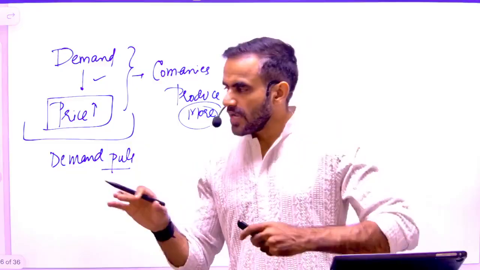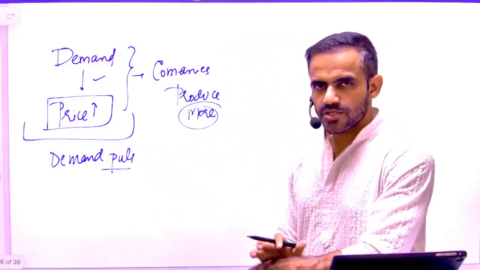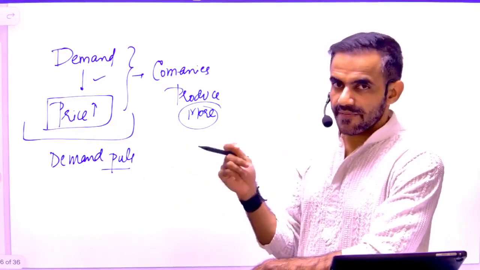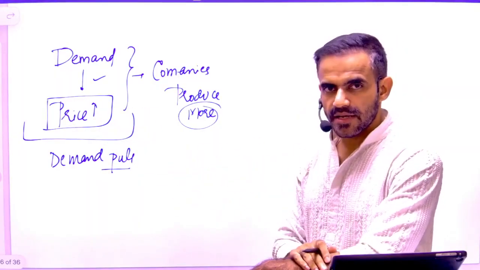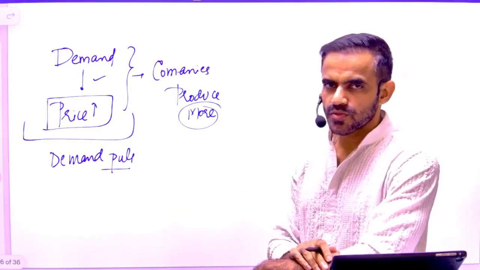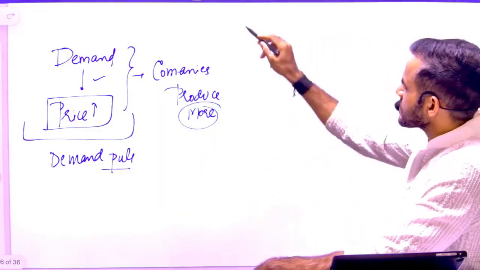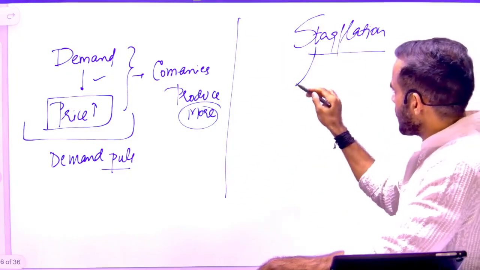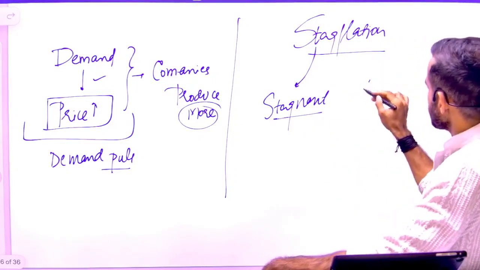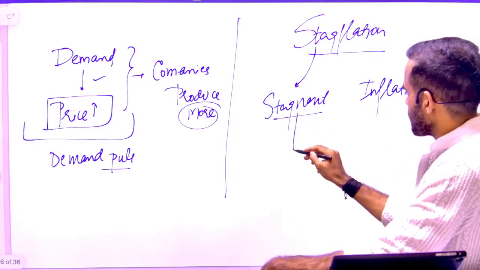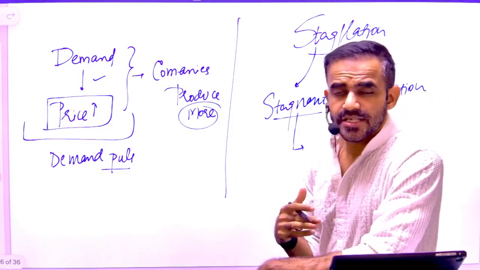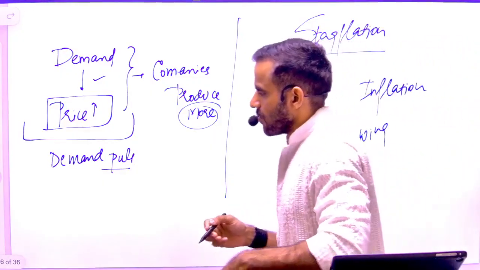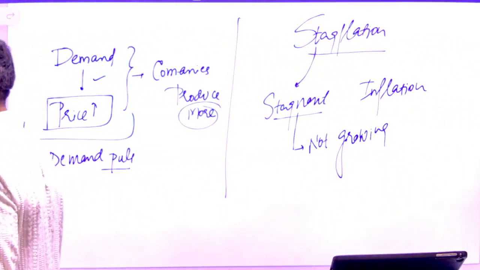So in usual scenarios, inflation is good. Because what is inflation? Price rise. Inflation reflects that demand is there, and to fulfill that demand, we can produce more. But in case of stagflation, the economy is stagnant, yet there is inflation. Now what is the meaning of stagnant? That simply means it is not growing. Now understand one simple concept, and then you will be able to understand the Phillips curve as well.